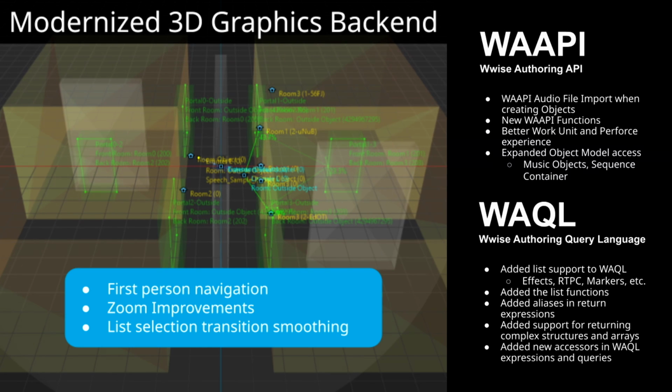As well, we've been continually expanding our Wwhat and Wwhackle, or Wwise Authoring API and Wwise Authoring Query Language. These are a bridge to help fill in the gaps in your development workflows in an accessible and customizable way. Wwhat and Wwhackle are tools that you can use to expand on pipelines or create ways for your team to automate processes that you know and get there faster during the development.